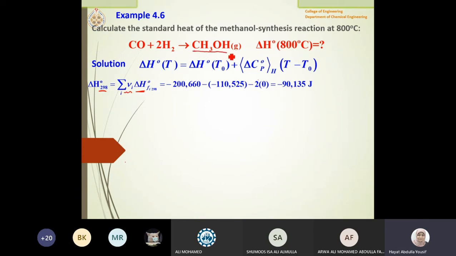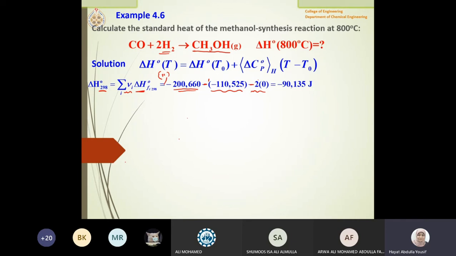The standard heat of formation of CH3OH from the appendix C4 is this value, and with the minus. The stoichiometric number was +1, so you will not be able to see it here. You can just put it as a +1. Then for the reactant, the hydrogen, it is a constituent element, so it is 2 into 0, but I put -2 because the stoichiometric number is -2, and for CO it is -1, so it's actually -1 here, multiplied by this value, which we got from the appendix, which is appendix C4.